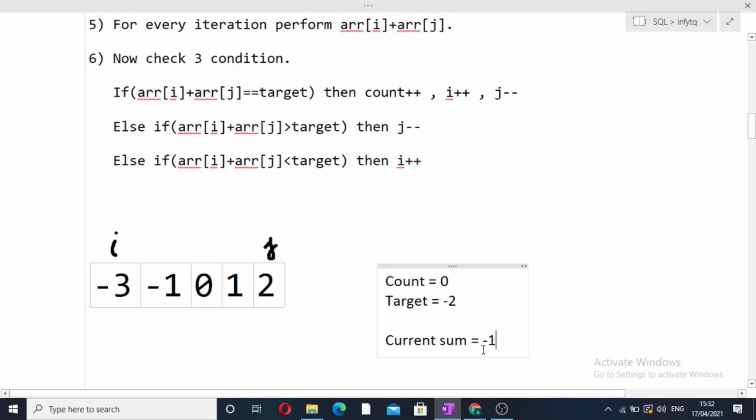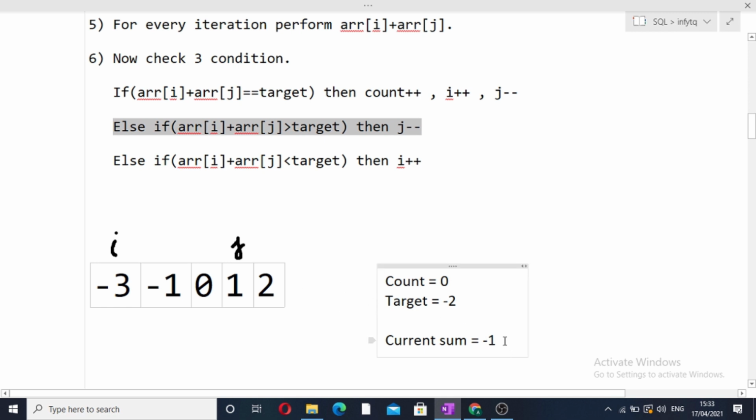So our current sum is greater than the target. It means this condition applies, that our sum is greater than the target, so we have to reduce this particular sum. How can we reduce it? We know that our array is sorted, so if we move j one position to the left, the value at j will be smaller than the previous value. You can see that 1 is smaller than the previous value. So in this condition, we will simply do j minus minus, because the current sum is greater than the target and we have to reduce the sum.